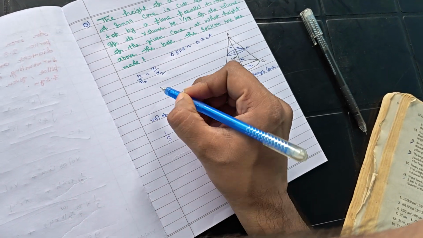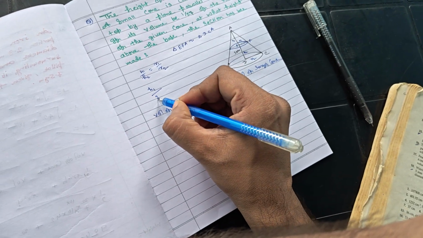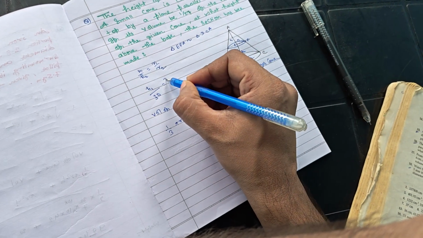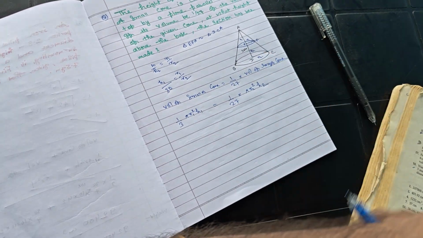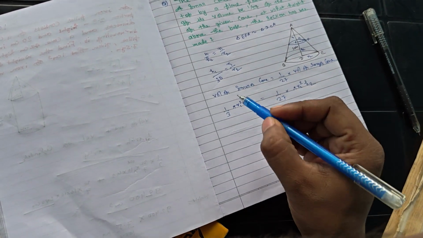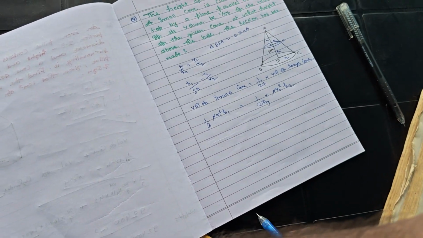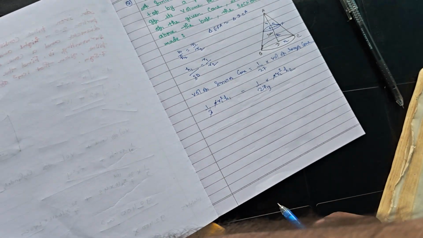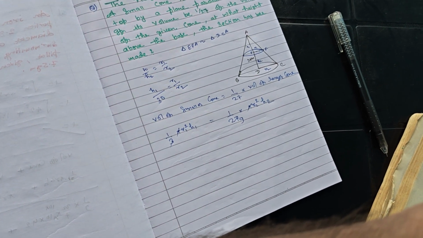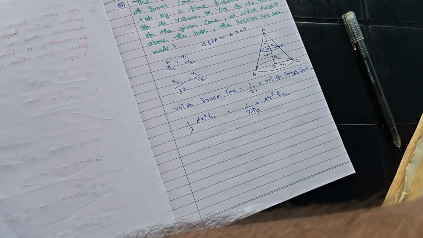And we know we have h1 and h2, height is 30, and r1 and r2. That is going to be cancelled out. 3 9. We need to find out the height.